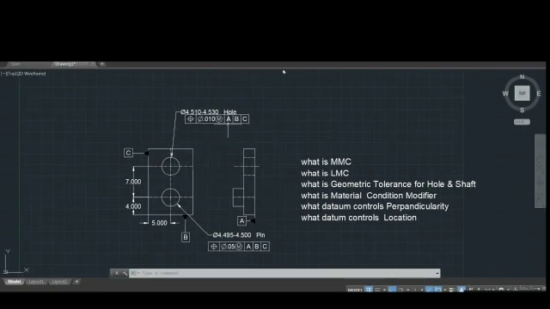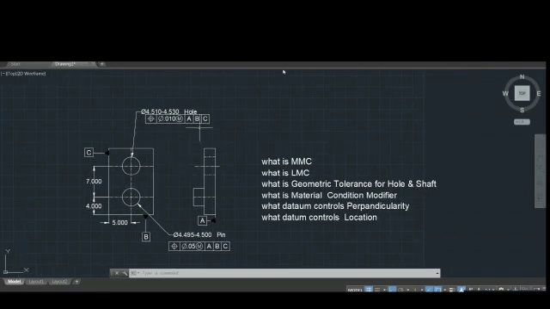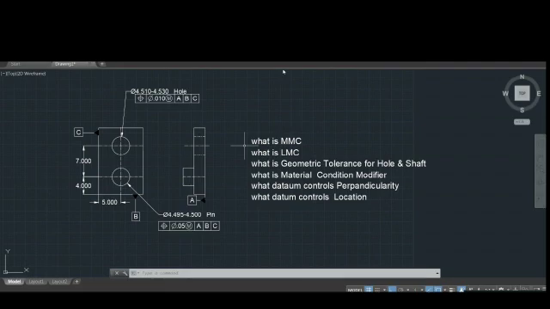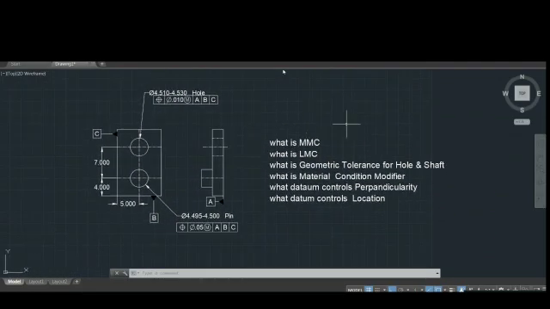If the sequence is A, C, B, then the component will be mounted firstly on this face, then secondly this face, and after that on the horizontal face. In later videos we will see what this causes if we change the sequence to ABC instead of ACB.